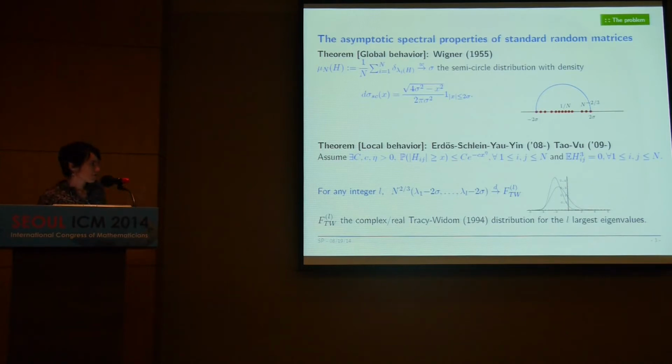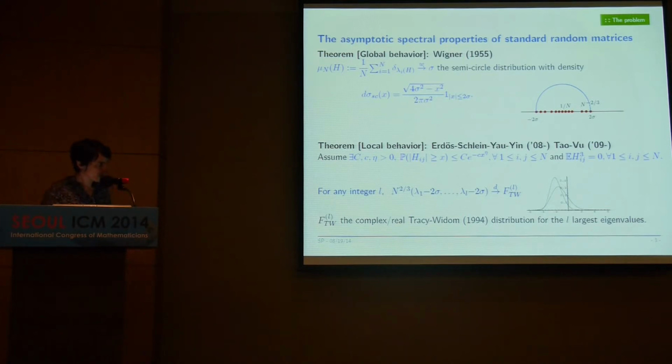From a historical point of view, the behavior of largest eigenvalues was first computed by Tracy and Widom for Gaussian ensembles of random matrices. This is in some way the simplest ensemble because the joint eigenvalue density can be computed. And then there has been more recently